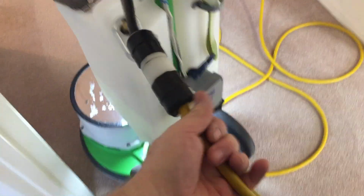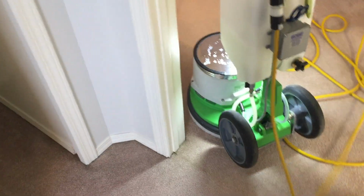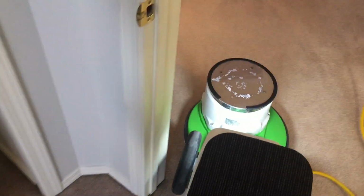This carpet is fortunately not very soiled at all. It's pretty amazing considering how old it is, but